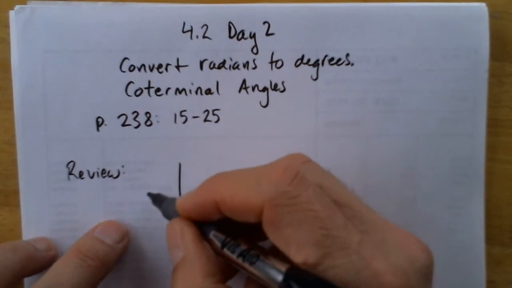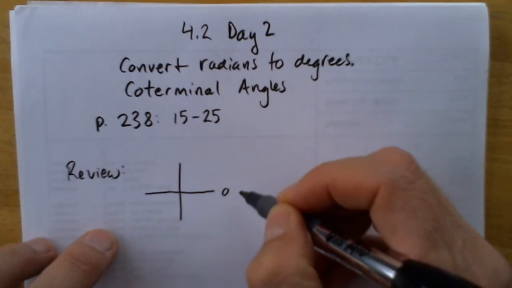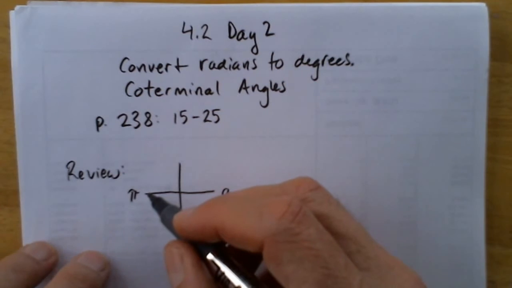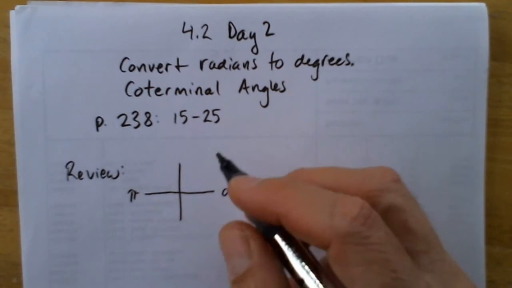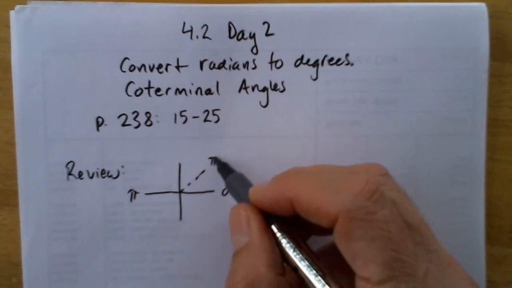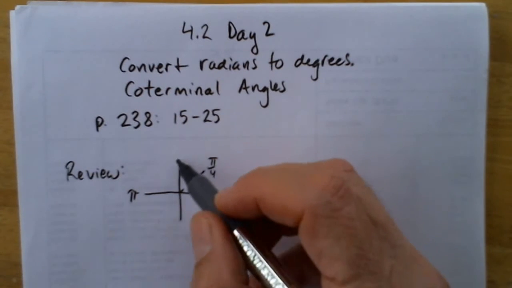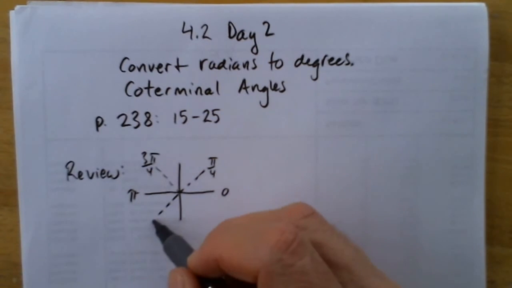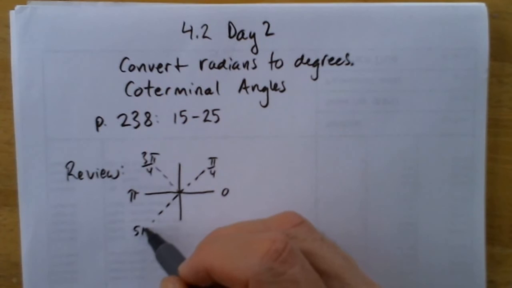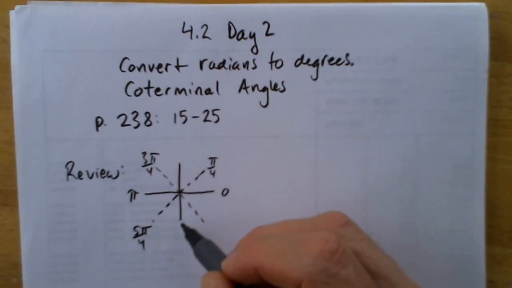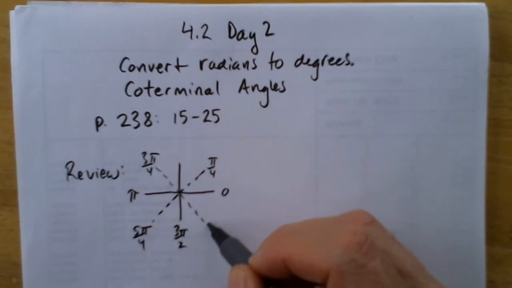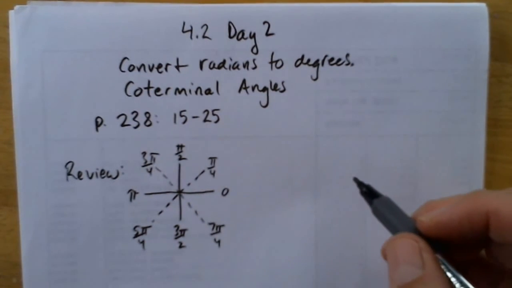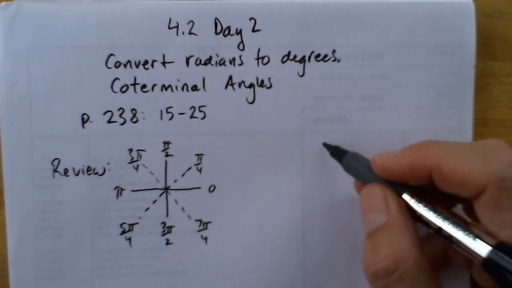radians, and we know that 0 and then this will be pi radians. If you go around this far, it's pi. If we went all the way around, it'd be 2 pi. And then we have, that's 1/4. Here's 2/4, 3/4, 3 pi over 4. This would be 4/4, 5 pi over 4, 6 pi over 4, 7 pi over 4, and there's pi over 2. So those are special angles, and